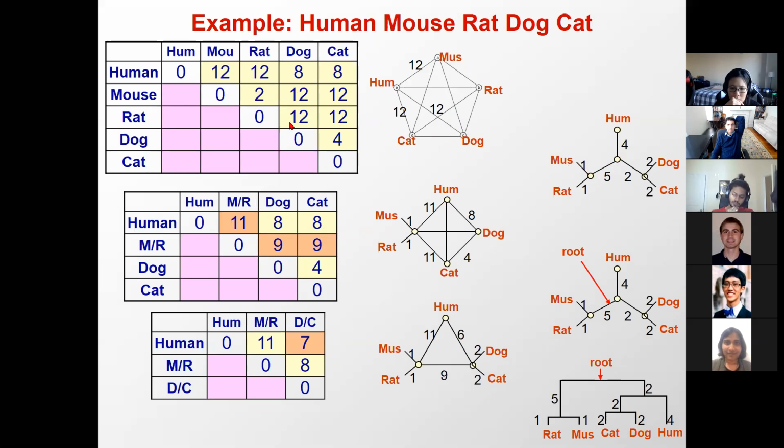And then the next one after that is cat and dog that are only 4 apart. So I can merge those two, and then again put the halfway point between them at 2, 2. And then the next one after that is 7 between dog and cat. So then I can merge dog and cat, and then mouse and rat, and put that at 7. So basically that's 2 plus 2, 7. So anyways, halfway between those. And then